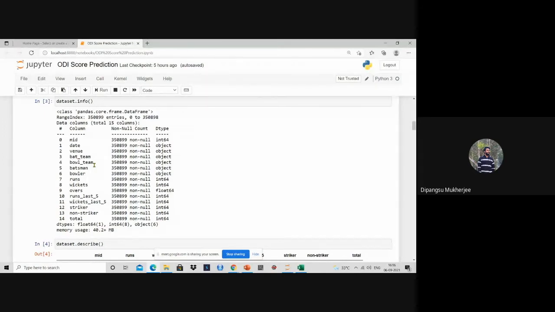So you can see here match ID, date, venue, all of them contain non-null values. That means no missing values will be there, and all the data types will be shown. That means some integers, objects, and floats will be there. Over will obviously be float. So all the non-null values are here.